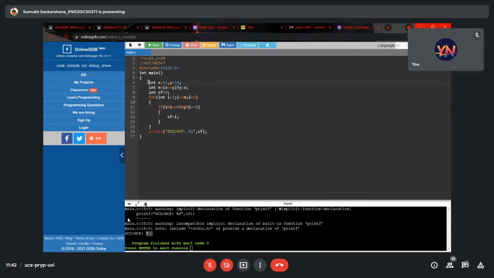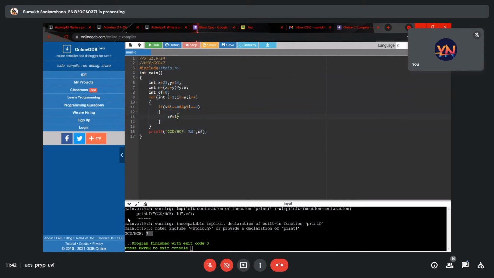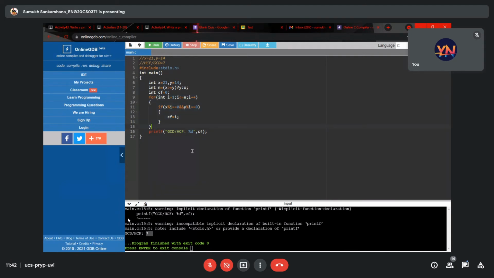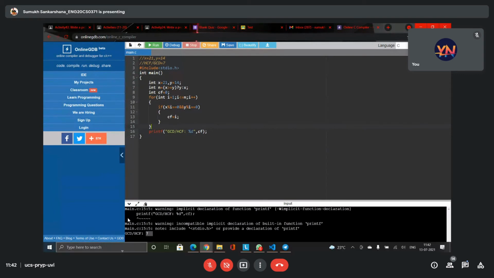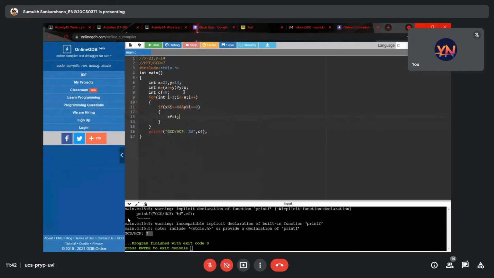So this is for a GCD, right? So basically in a GCD, what do you have? You basically have two numbers. You have to find the highest common factor of it and return it back to your fraction. And as I explained yesterday, how do you add two fractions?